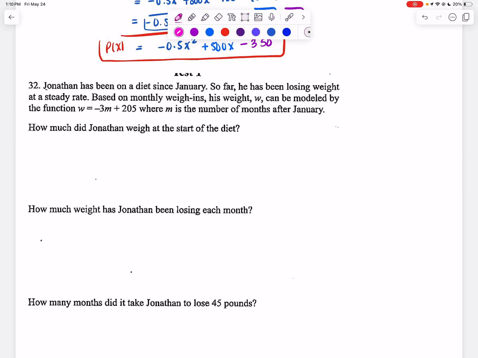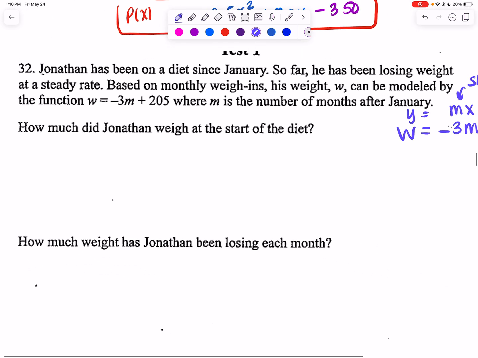If we look at our equation, W equals negative 3m plus 205, this is written in the form y equals mx plus b, where m is our slope and b is our y-intercept. So we can say at the start of his diet, he weighed 205 pounds, because that's our y-intercept. So he weighed